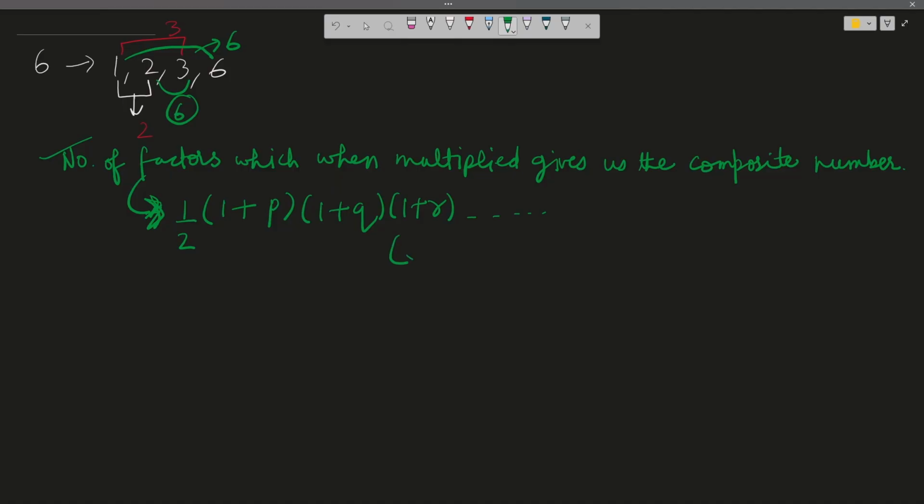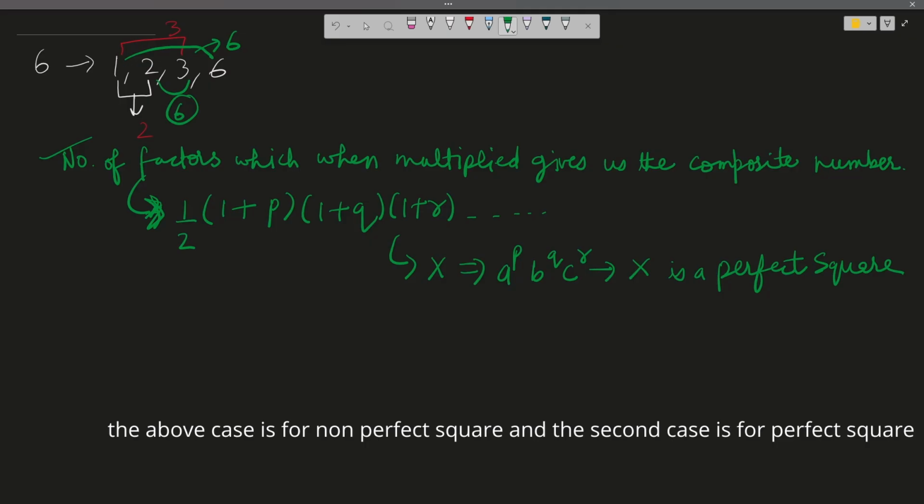for a number x which can be expressed in the form a to the power p, b to the power q, c to the power r, and x is a perfect square. And if x is not a perfect square, in that case